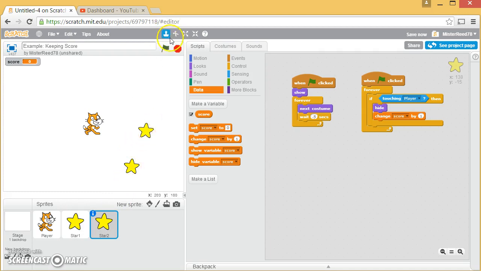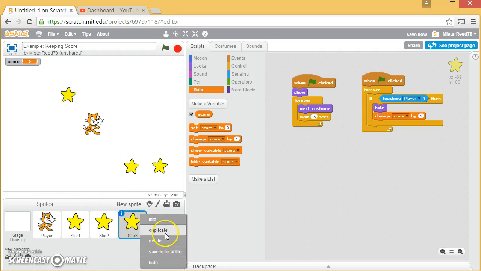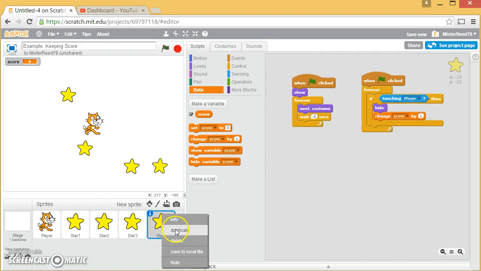Now what's weird is when you duplicate him, he's right on top of the other one, so you have to move him. And so I can move him around. You could also duplicate by right-clicking down here and saying duplicate. And so you could make, let's say we want 5 stars. Now, the great thing is,